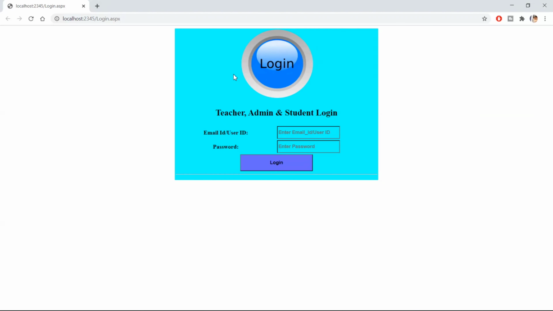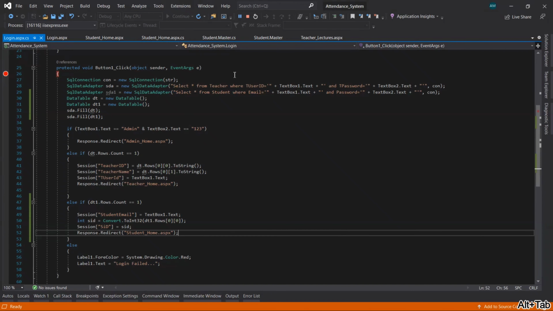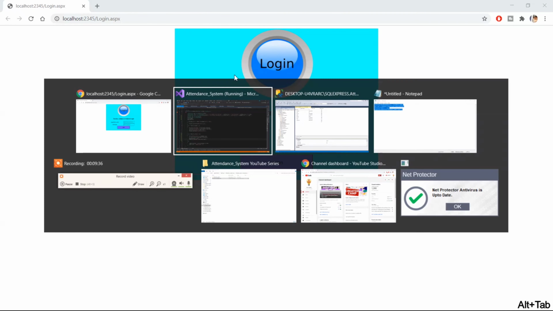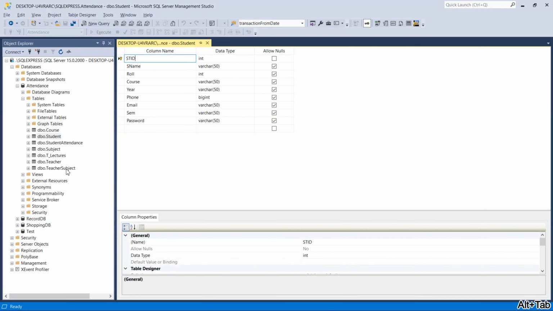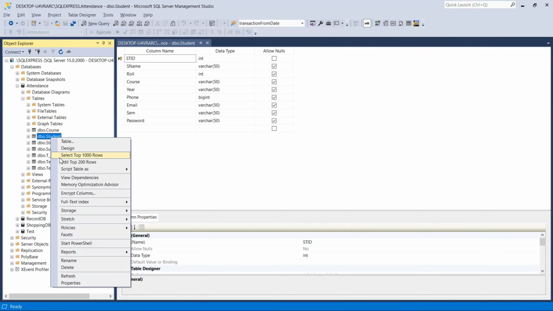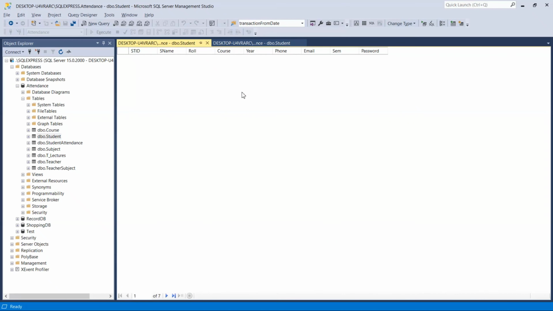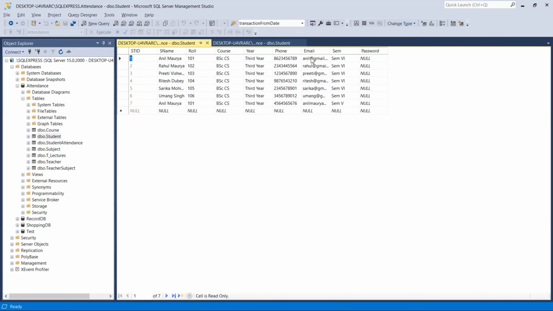Let's check the credentials for the student in the table. We have newly created this password column, so right now we don't have any data inside it, so we have to provide the password.